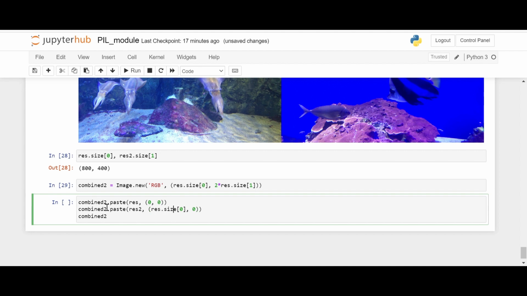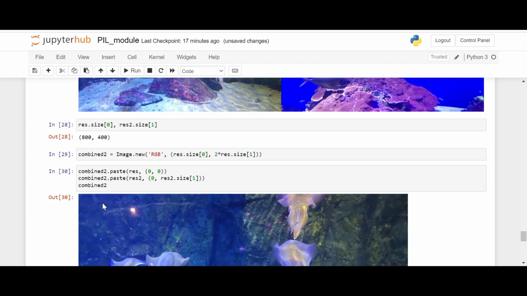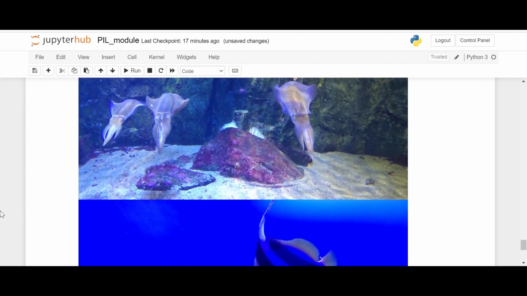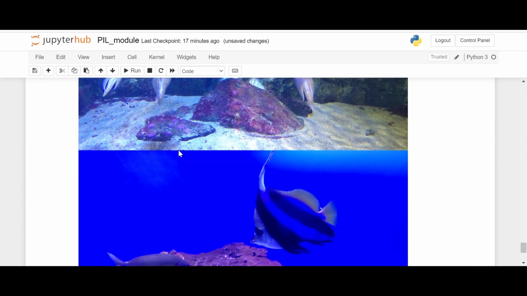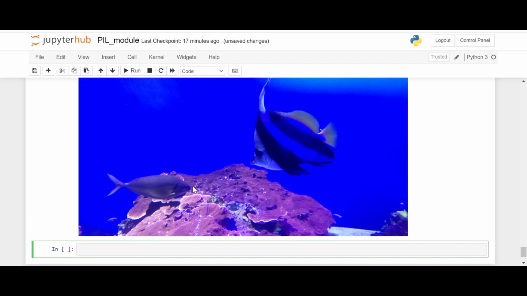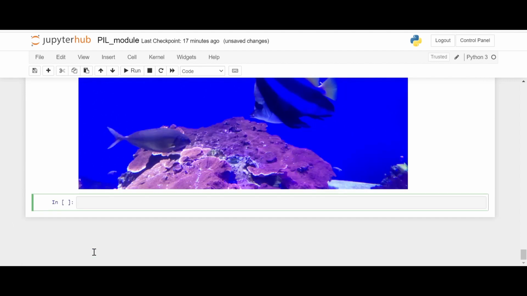So now this will start at 0 and raise.size. This will be 1. So now we have top to bottom. This one comes at top, then this one starts after that. Okay, now let's